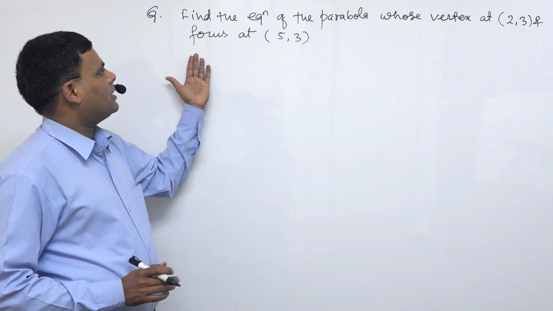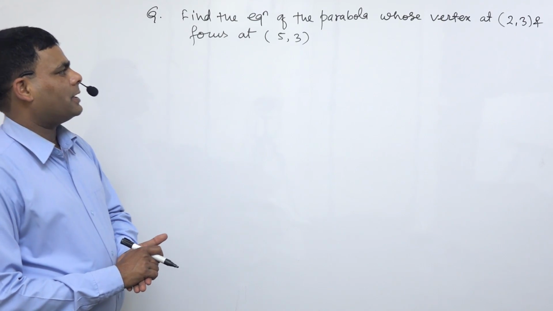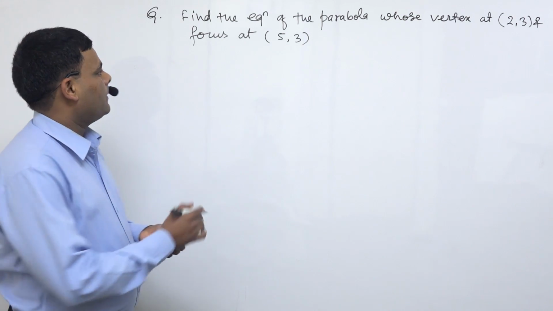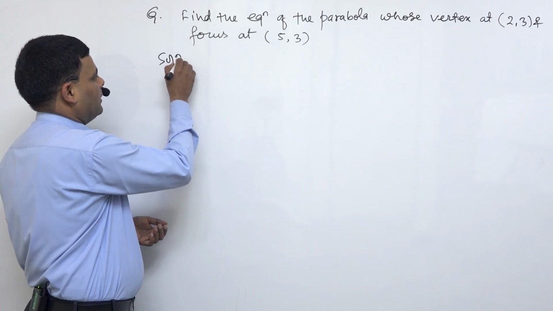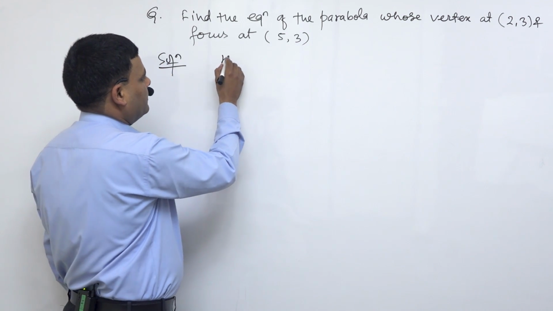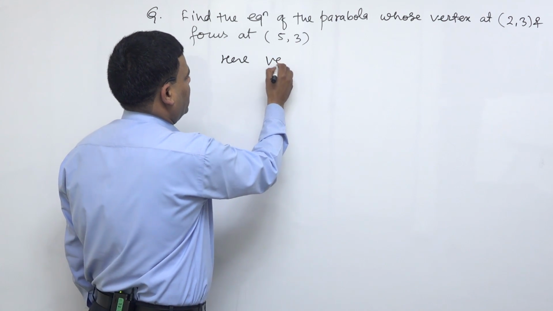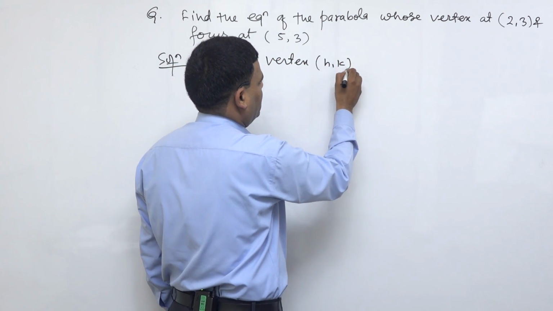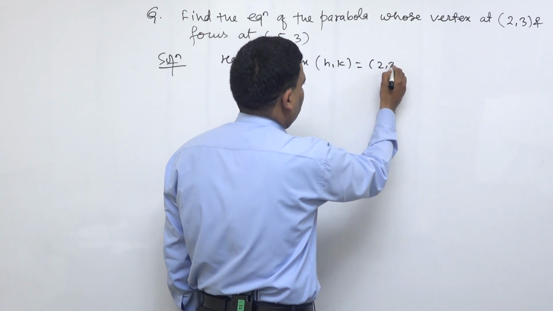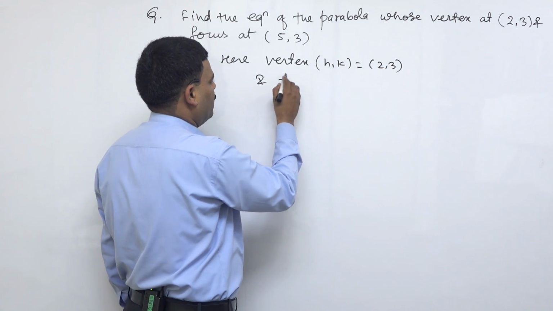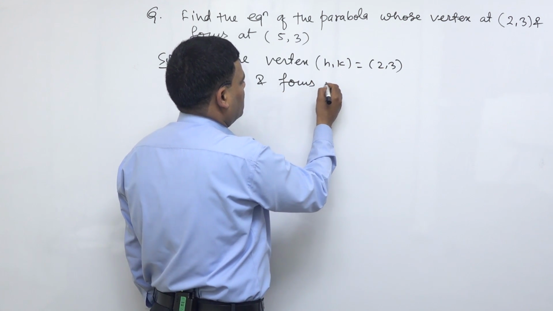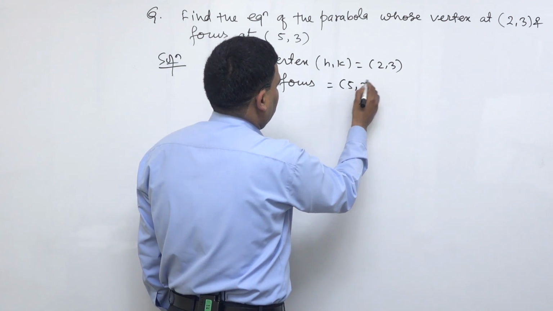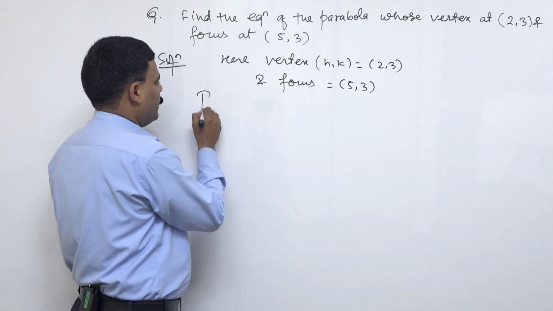Okay, now we have the question. Find the equation of the parabola with vertex at (2,3) and the focus at (5,3). Solution. Here, vertex (h, k) equals (2,3) and focus equals (5,3). The y coordinate,